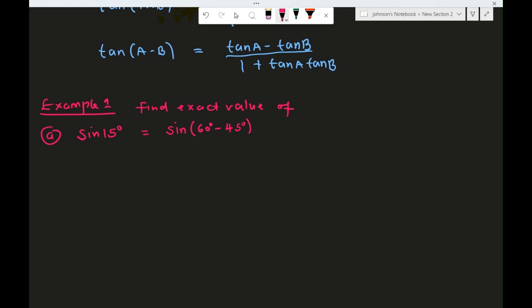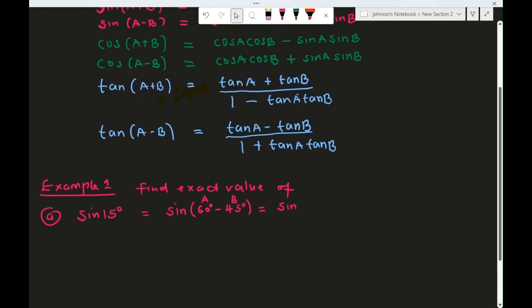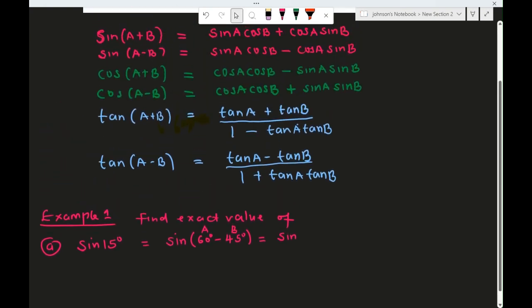All you need to do is try to write 15 as either the sum or the difference of two known angles or two famous angles. We know 60 and 45 are famous angles, so we can write it in this way. And now, based on our formula, you see this as A, and this as B. So if we go to our formula,